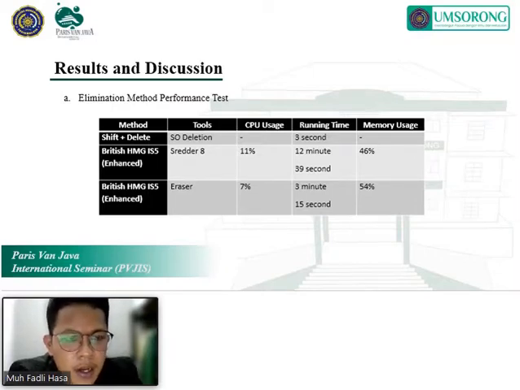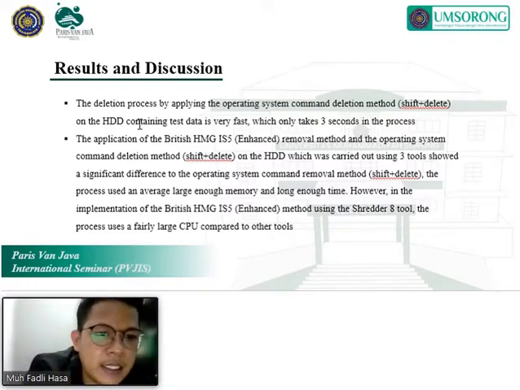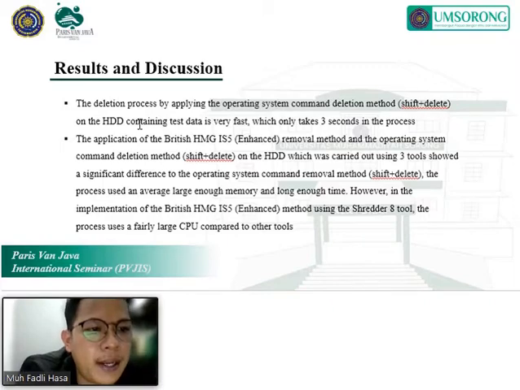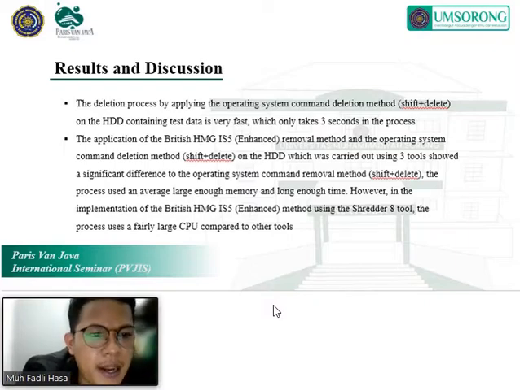I want to explain that the deletion process using the operating system command deletion method on the hard disk drive containing test data is very fast, taking only 3 seconds.